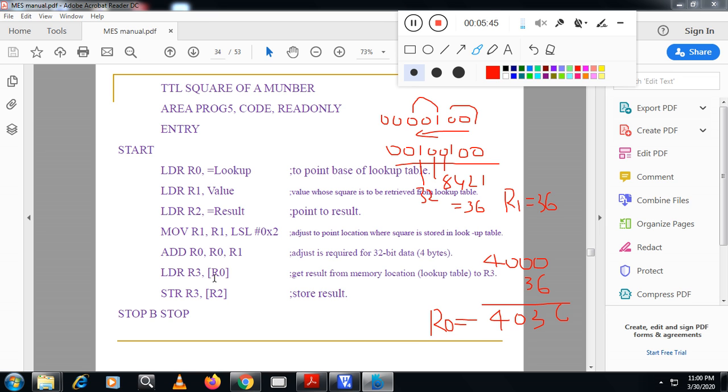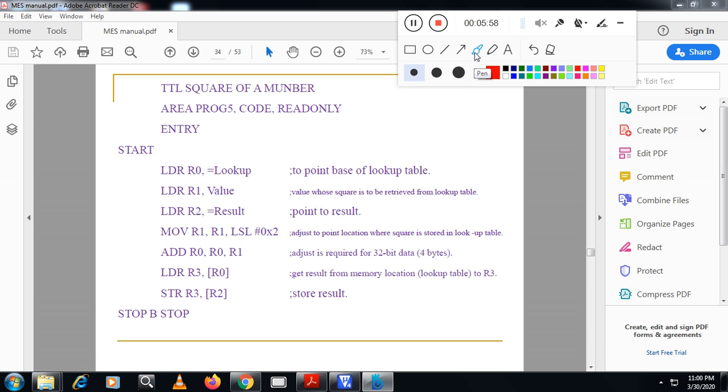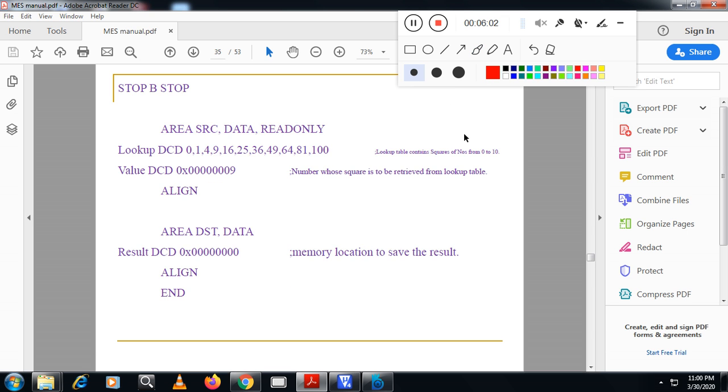Now from this address the value is moved to R3. That is, from this location, whatever value is there is moved to R3. You see here the logic. I said the address is 4036 and the starting address is 4000. You remember, the lookup table starting address is 4000.